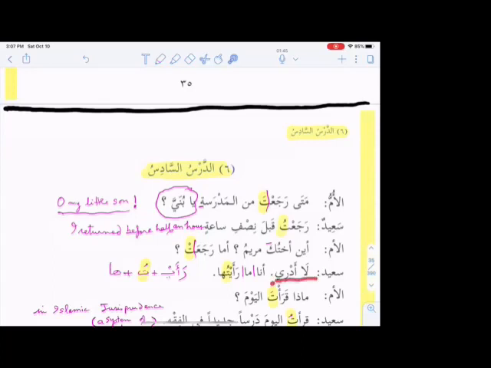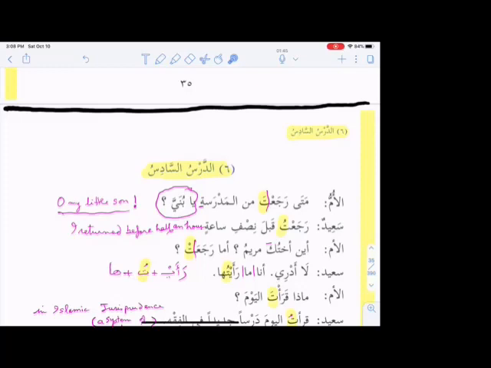La adri, I don't know. La adri, this is mudari'. But we won't go now into detail. Just remember la adri, I don't know. Ana, I, ma, negation. Remember ma is negation. I have a student who was confused. I tried to clarify a few things. With the jumla fi'liyyah, the ma most likely will be negation. Ana ma ra'aytuhu. I did not see her.